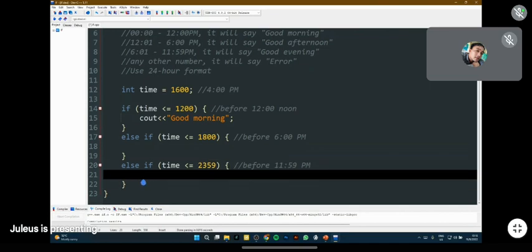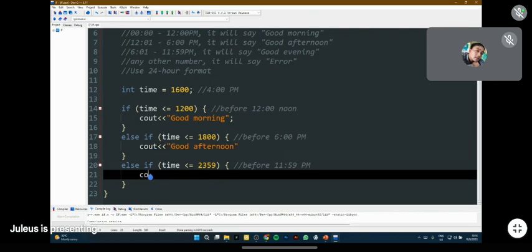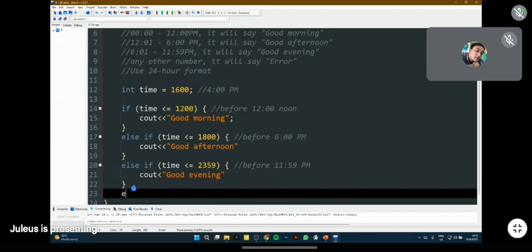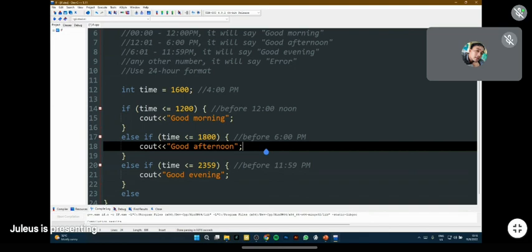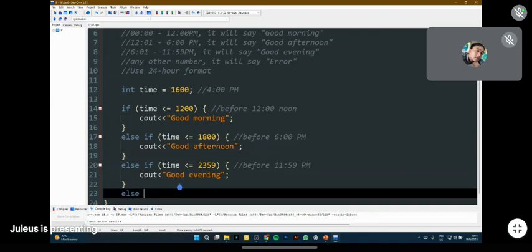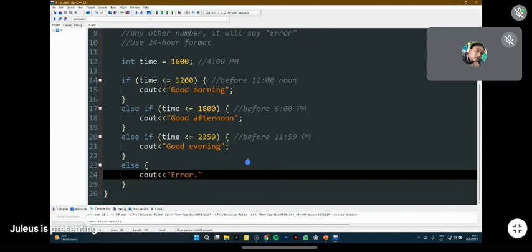And if everything else is gone, we'll add a cout for the if: good afternoon. And cout, let's say good evening. Right? Else if meaning, semicolon. Meaning if the user enters a different number, then we'll set an error message saying error.